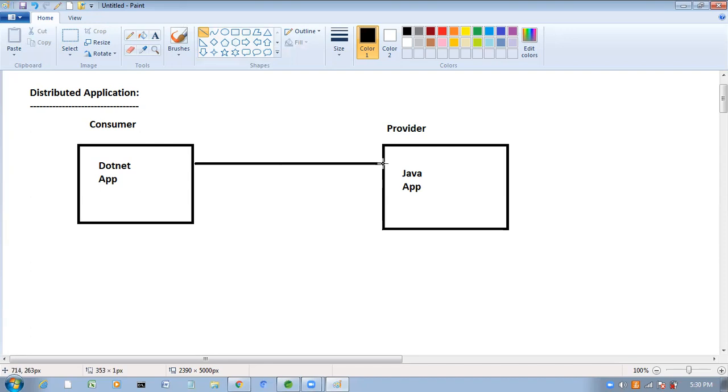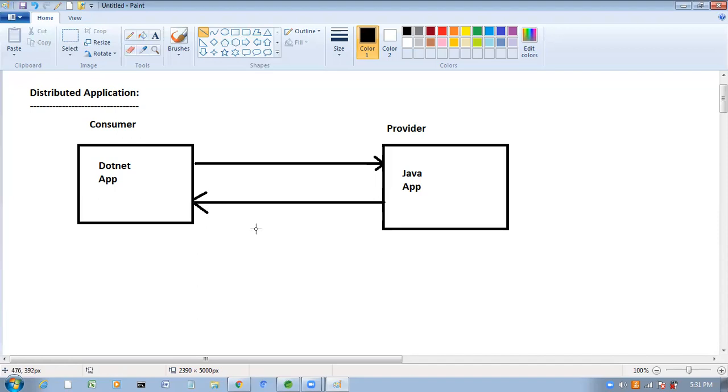Interoperability means, irrespective of technologies and irrespective of platforms, one application can communicate with any other application. Now here my .NET application is communicating with the Java application to consume the services. The Java application will communicate with the .NET application to provide the services.